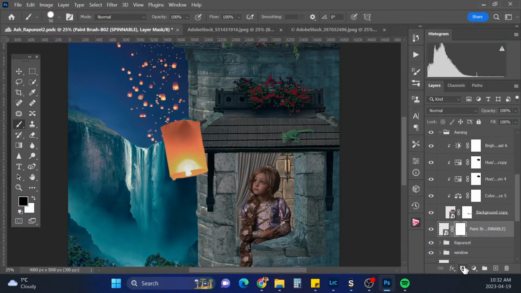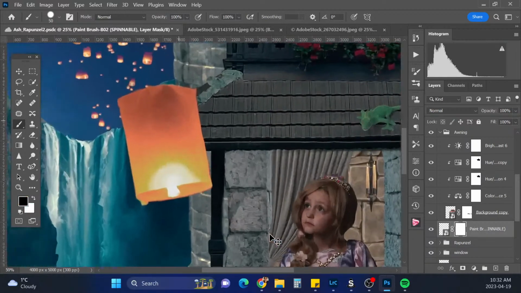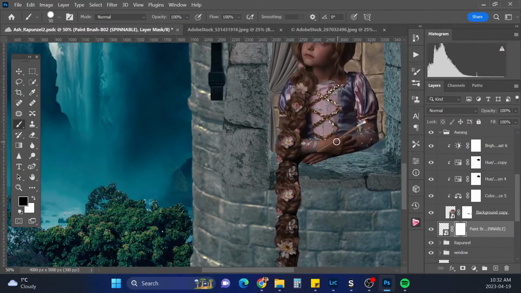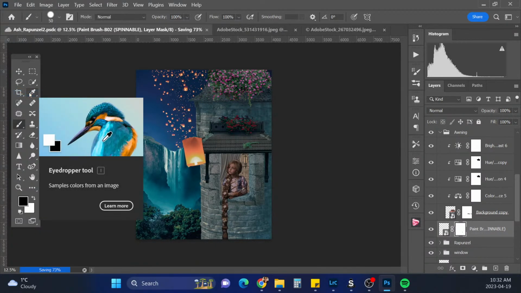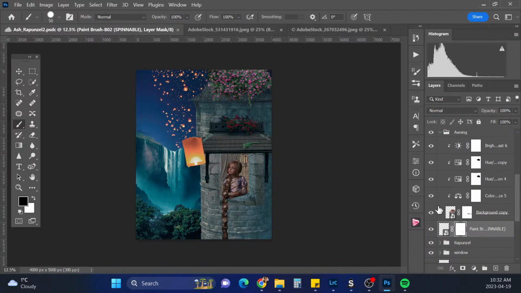Okay, and we'll put a layer mask on there and paint the end of the brush off. Like that. And just save this here for a second. Okay.